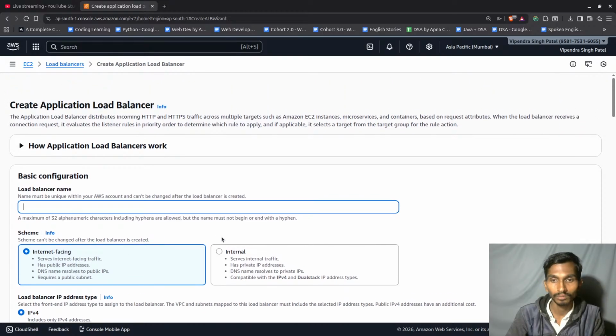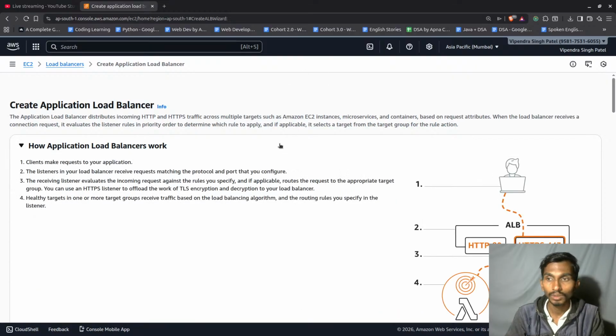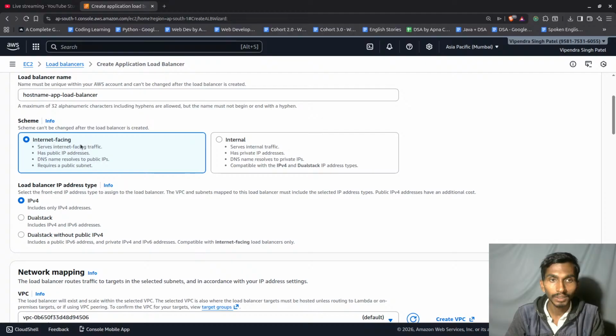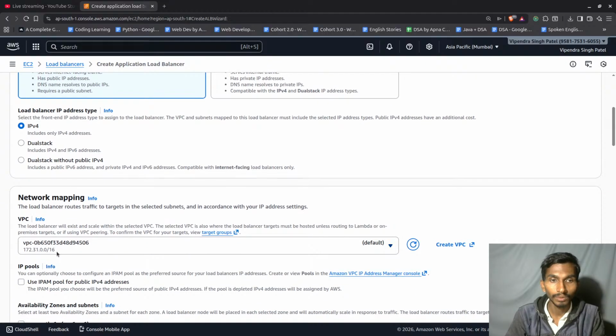Okay, it's already at 23. Okay, never mind. Load balancer name, that's gonna be host name app, and load balancer, so just like this. So once I have this, have I done something? Okay, here we are. And after that, this is gonna be internet facing. This is gonna be IPv4 and